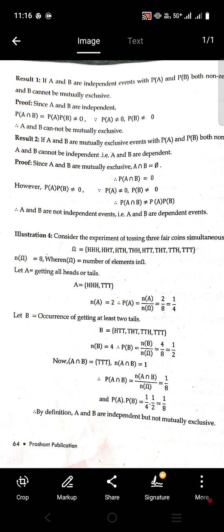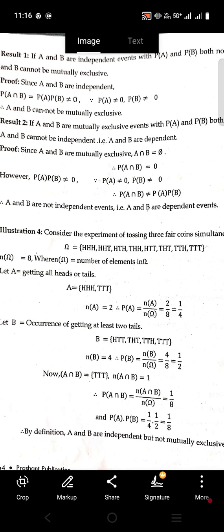Here we have tossed the three coins simultaneously and we get the sample space, that is omega, equal to 8 outcomes: HHH, HHT, HTH, THH, HTT, THT, TTH, and TTT. That is, the number of elements in the sample space, n of omega, is 8, and then we have